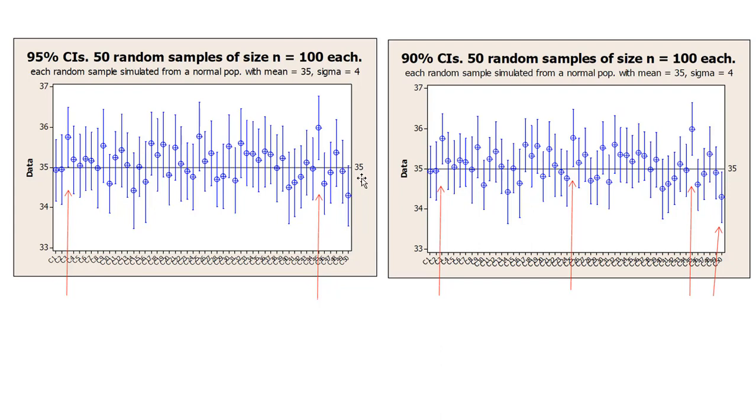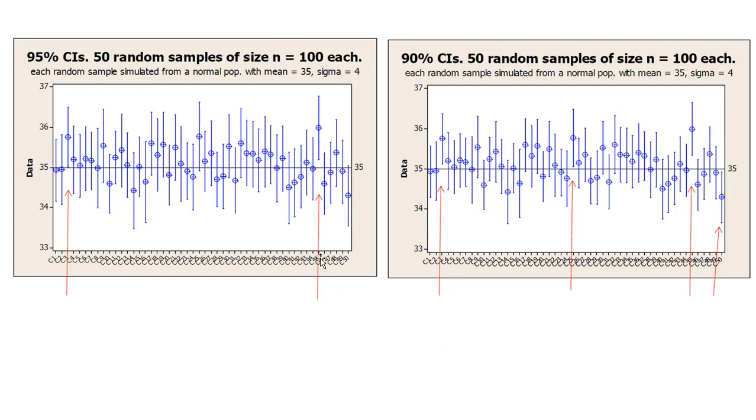So I'm going to start from the right side here of this image. This very far right blue confidence interval extends from about 33.5 up to maybe 35.1 or so. So that confidence interval on the very right does contain 35. I would call that a winner. The next confidence interval also contains 35 somewhere within it. Most of these confidence intervals do. The next one does as well. The next one does as well. But this